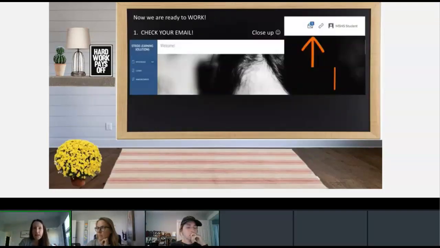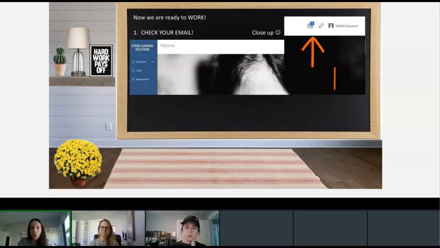So you're getting on your computer and now you're ready to work. The first thing I want you to do Monday, the first thing I want you to do Tuesday, all week long, is to check your email. Don't do schoolwork. Don't do overdue assignments. Don't do anything else. You have to check your email. So when you log in to the OMHS, on the upper right-hand corner, I made this picture a little bit bigger for you. You see the little envelope there. You click that envelope and it opens up your email.